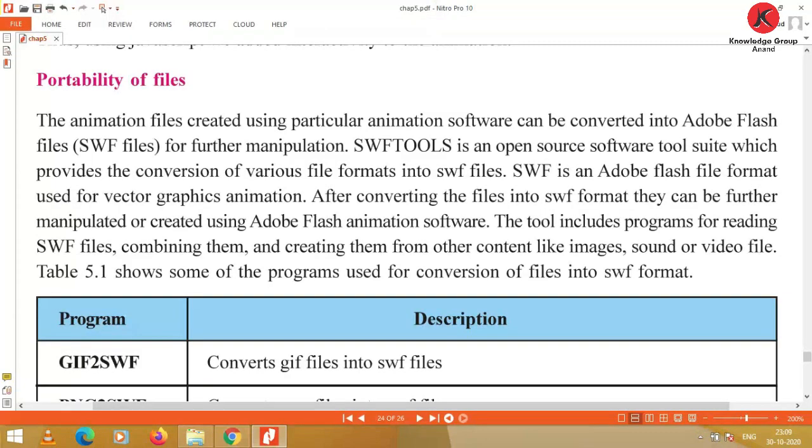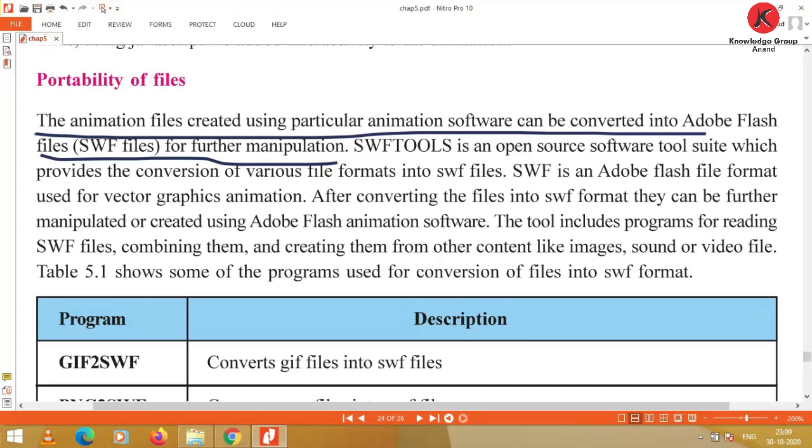So here see interactivity. Now the last portion of this chapter, portability of files. The animation files created using particular animation software can be converted into Adobe Flash files which have the SWF extension for further manipulation.